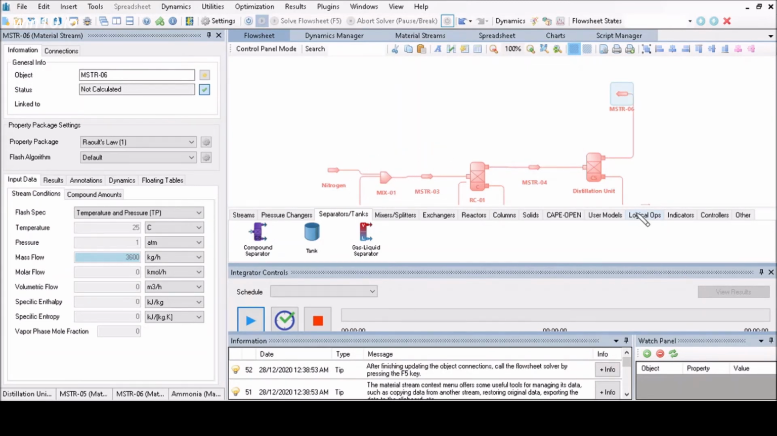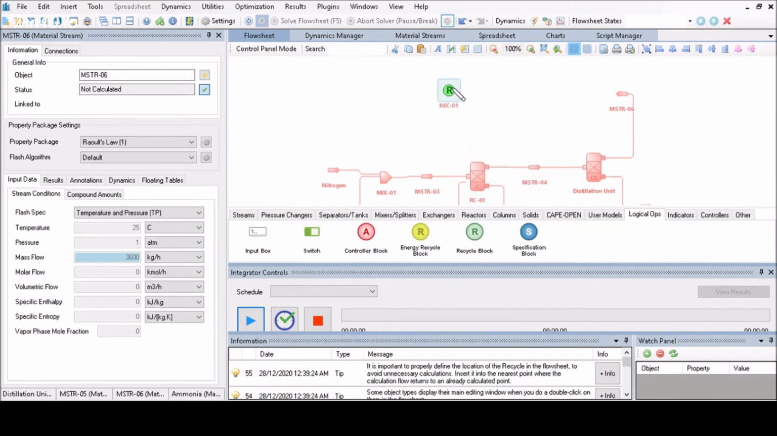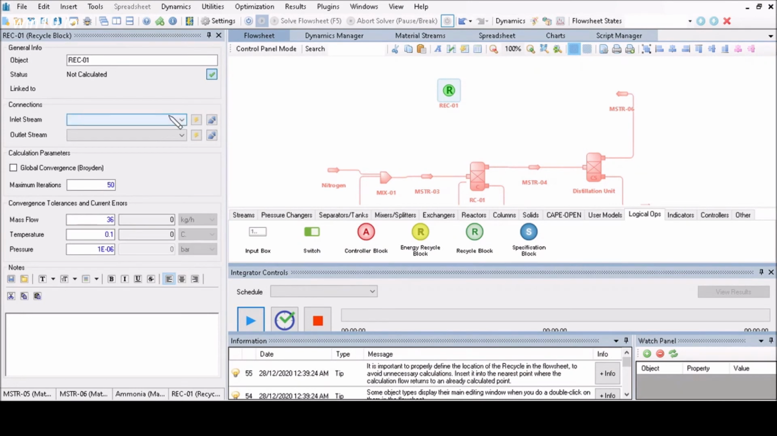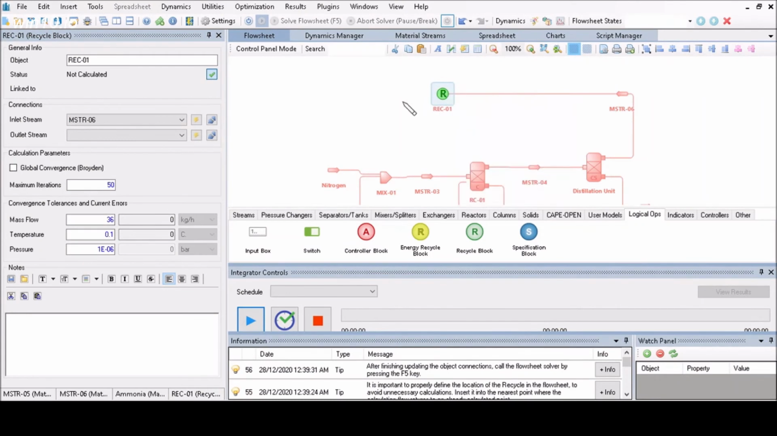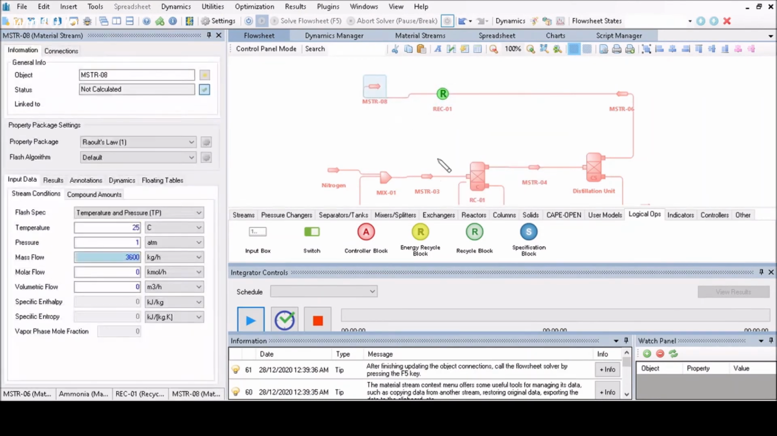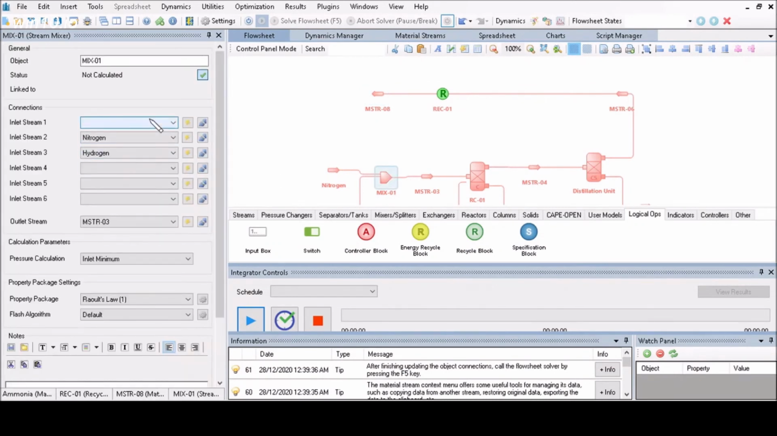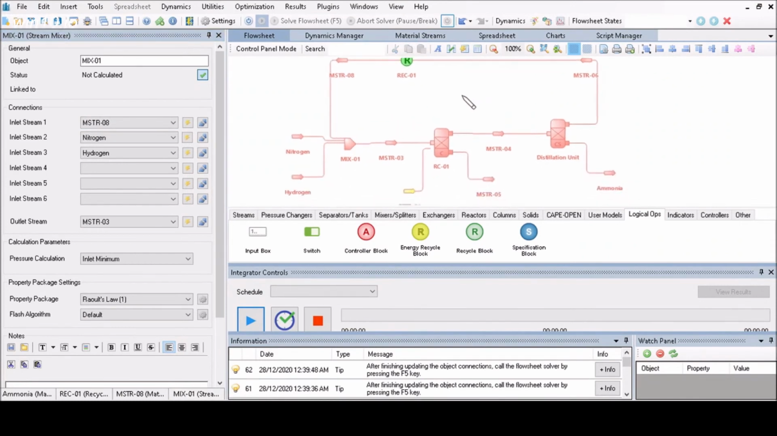And for a recycle stream, we use the logical ops recycle block. We connect that to our stream, and an outlet stream, which is then being fed again to the mixer. Okay, so